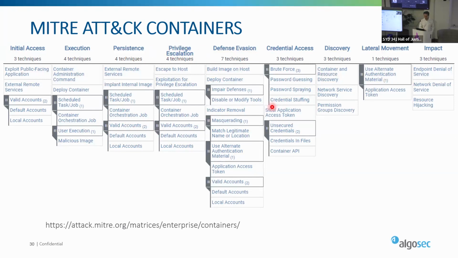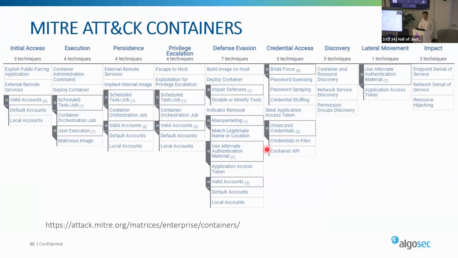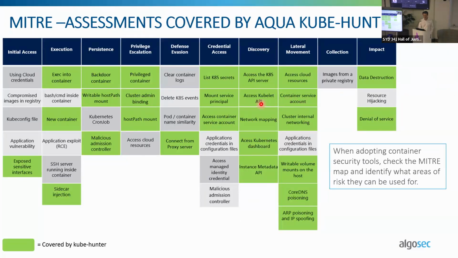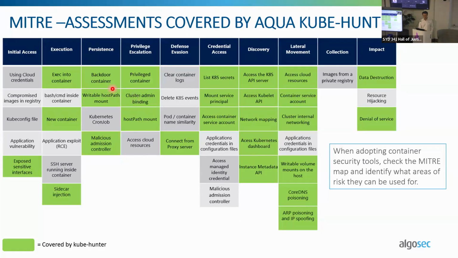But on the same subject, if you do use security container tools or Kubernetes tools, make sure you map them. So this is, for example, the tool that I used, Kube Hunter. The green ones are really the ones that are addressing the MITRE, the previous table. So if you tabulate the MITRE risks and then use the tools, I recommend greening out the boxes that it's actually addressing, that can help you. Otherwise, all the other areas, like the gray ones, are not covered.